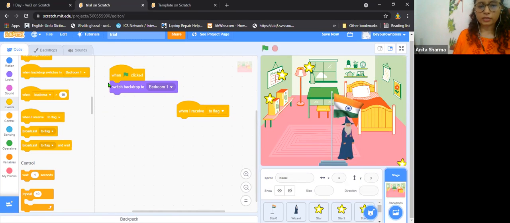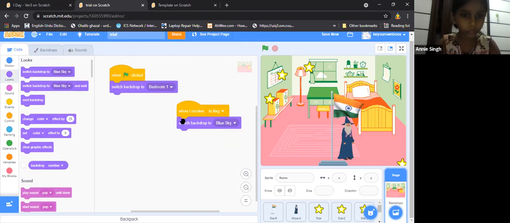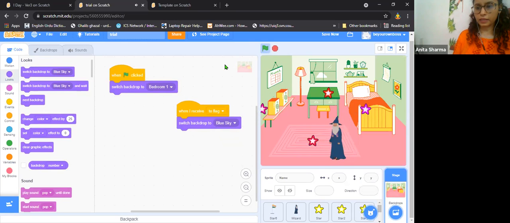All right. So when the flag is clicked, there is bedroom 1. And when I receive 2 flags, only then are we going to switch the backdrop to blue sky. Understood? Right, now let's test it again.